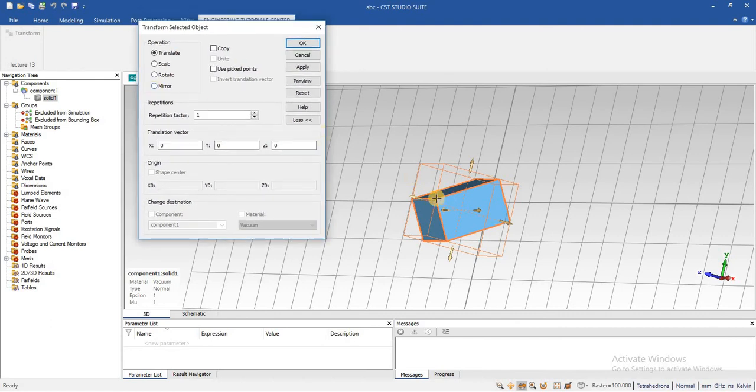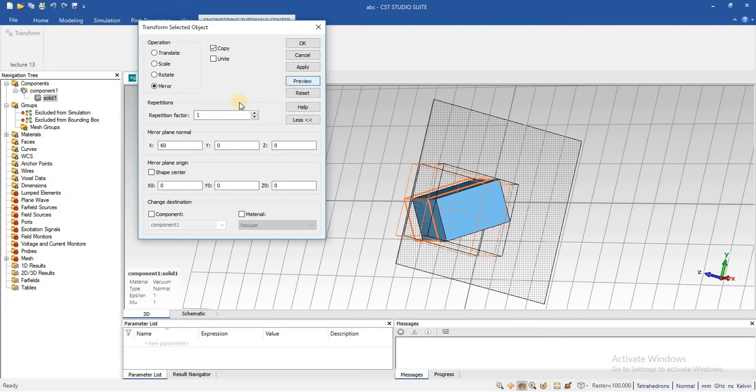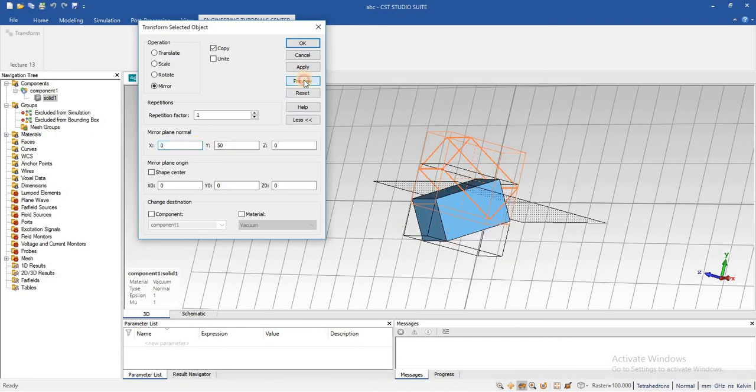The last operation of transform is mirror. Here you can see that a mirror copy of the object has been created.